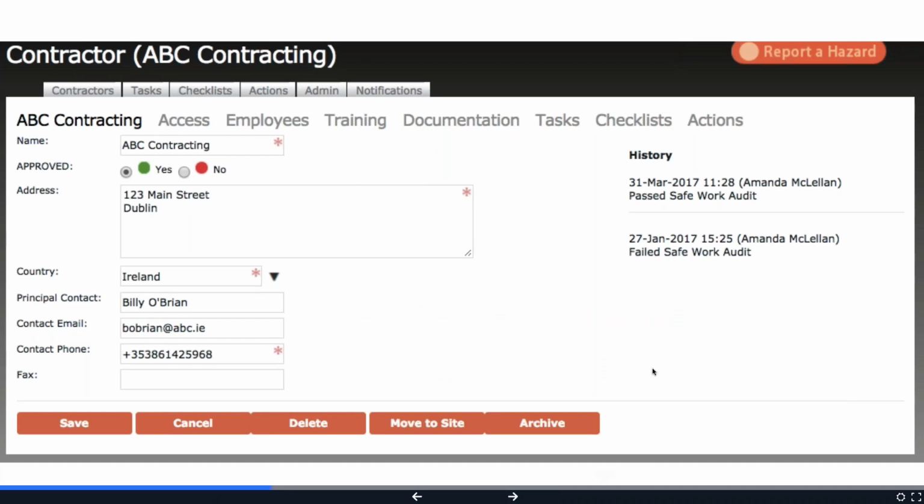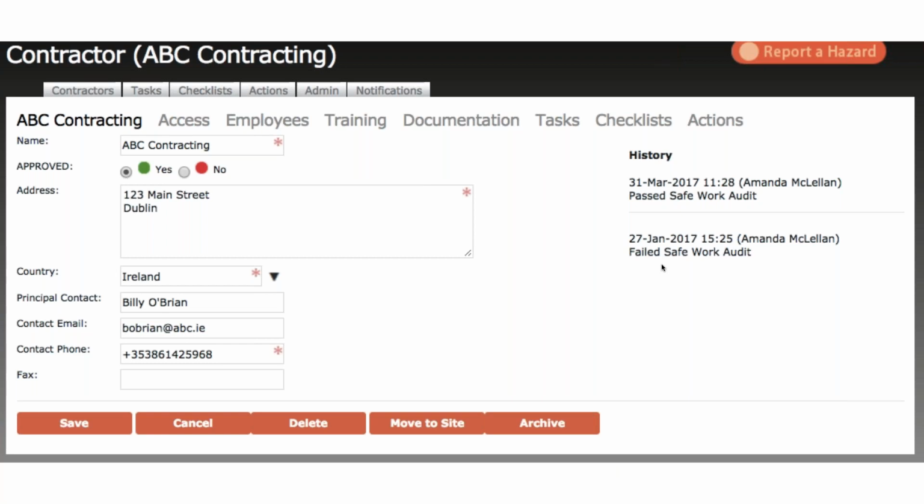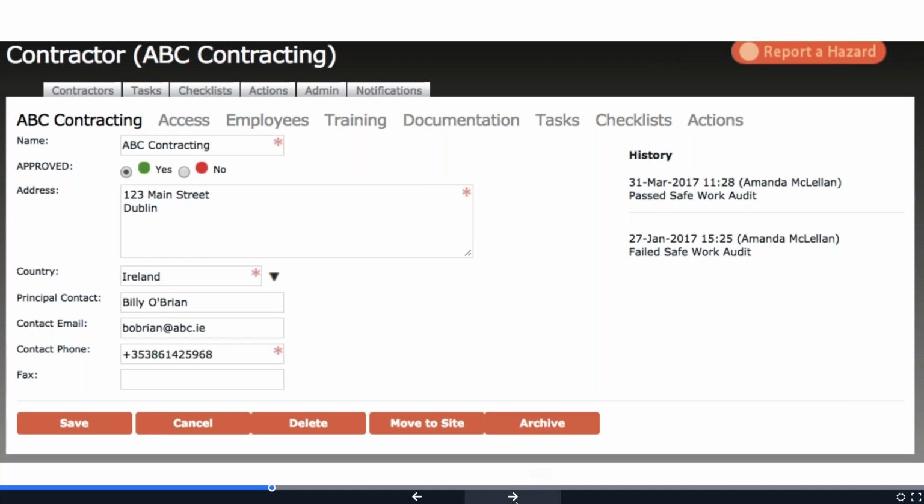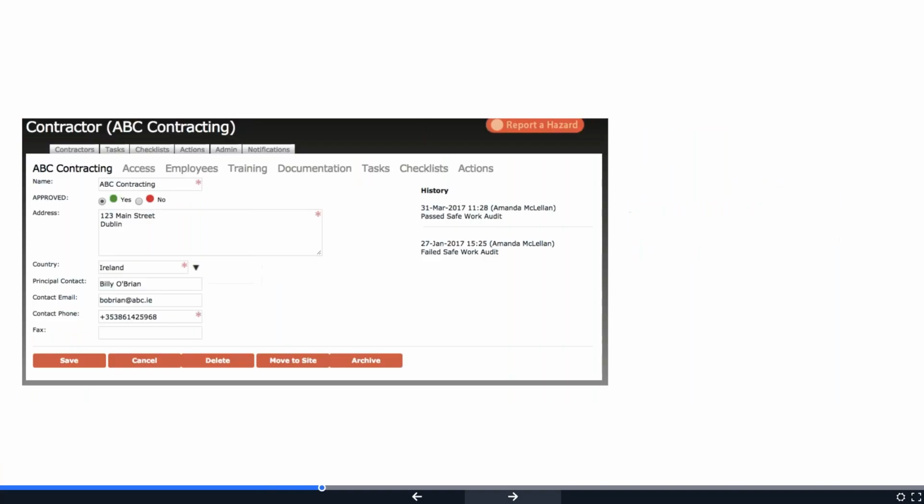And the key aspect here, and you'll see this up at the top, is that anytime this status is changed, the system will automatically date, time, and user stamp it, so that you can start to automatically record a history of this contractor. In your reviews with them, you can understand if maybe there's a history of non-compliance, maybe they're typically not following the instructions you've given them, and then you have better information to determine if you want to continue a working relationship with this contractor or not.